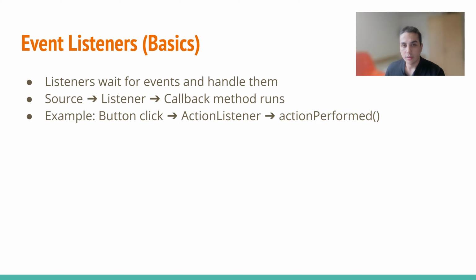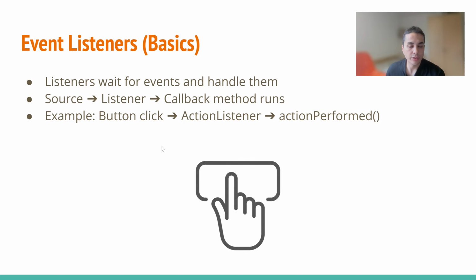In Java's GUI, graphical user interface, a listener is an object that waits for an event to occur and defines what to do when that happens. The primary role of a listener is to handle events generated by the GUI. For example, when you have a button click, it calls the action listener, and that action listener makes an action performed. For example, this slide has an animation right now, and when I click on it, you can see